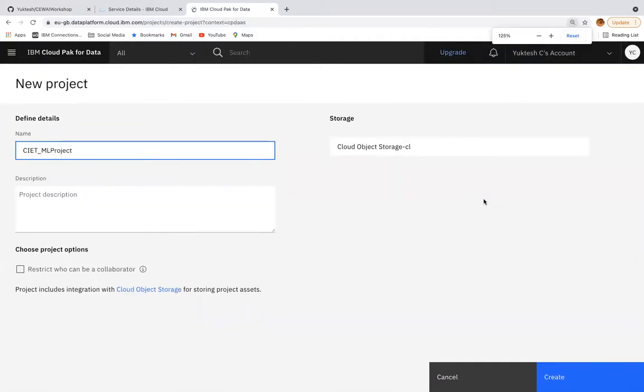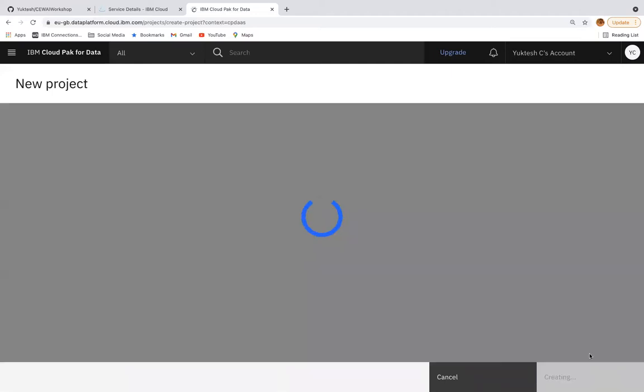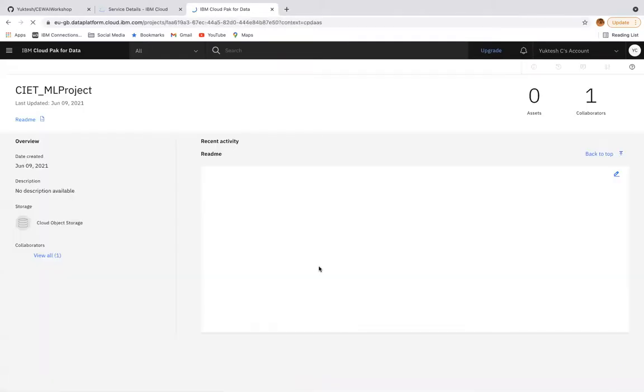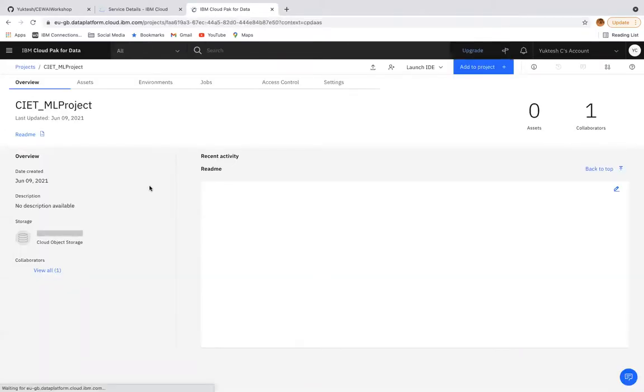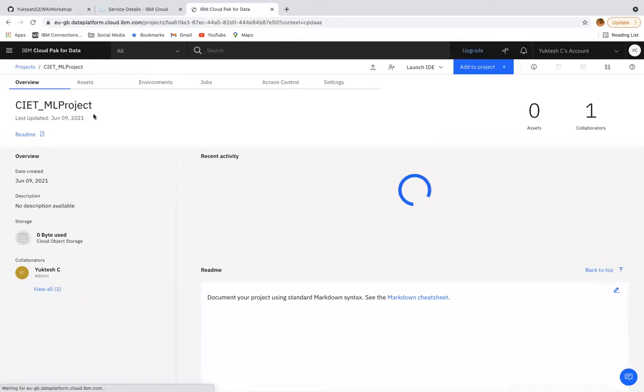Okay, so now let me go ahead and click create. My new project is getting created. Yeah, CIT ML project got created.